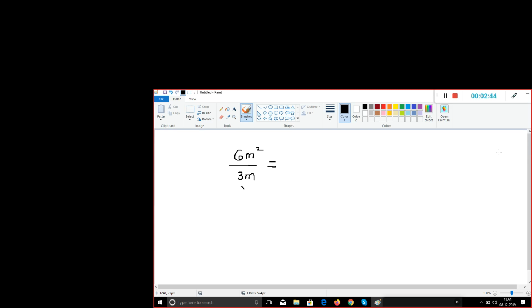2m. Yes, that's correct. So what you have to do is that you can divide numbers separately and the variables separately. So from here you get m and from here you get 2. So it's 2m. Yes, okay. Now next is,